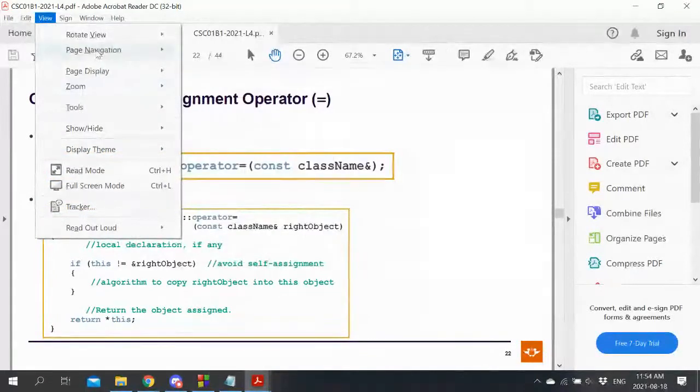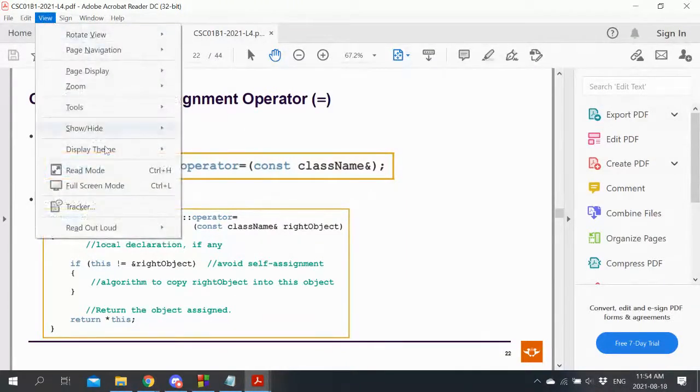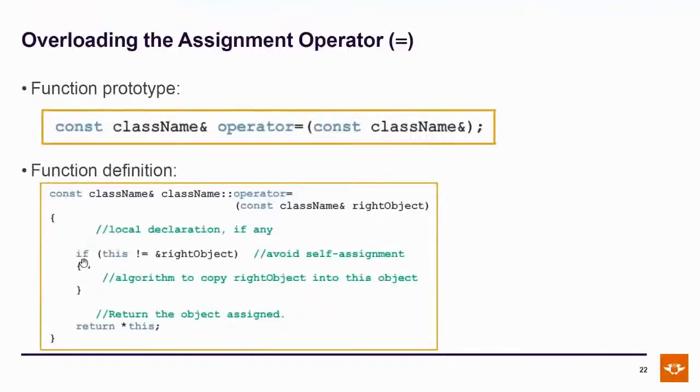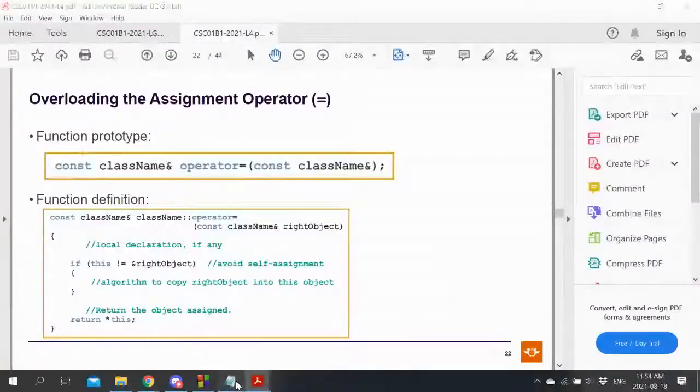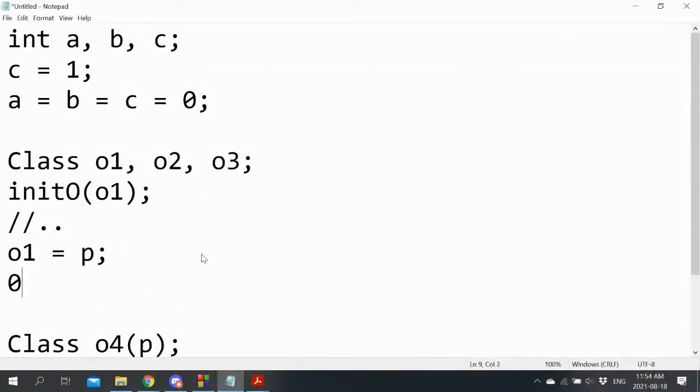So that's what is going on over here. First things first, we need to delete everything. Let's actually go further. There's a longer description here. So this is all well and good. What happens if I do this? O1 is equal to O1.